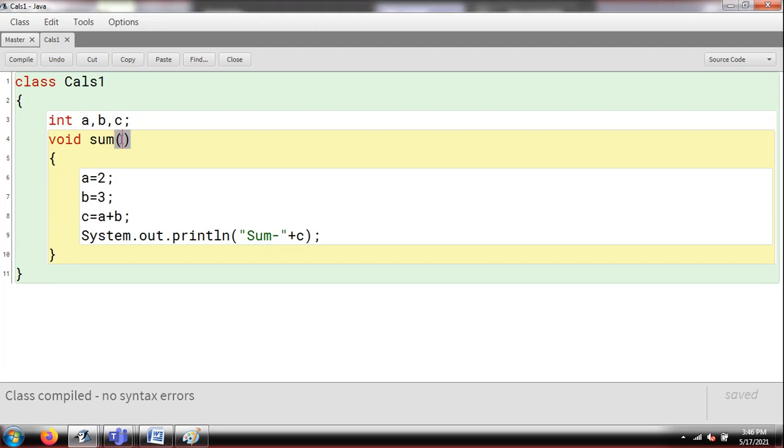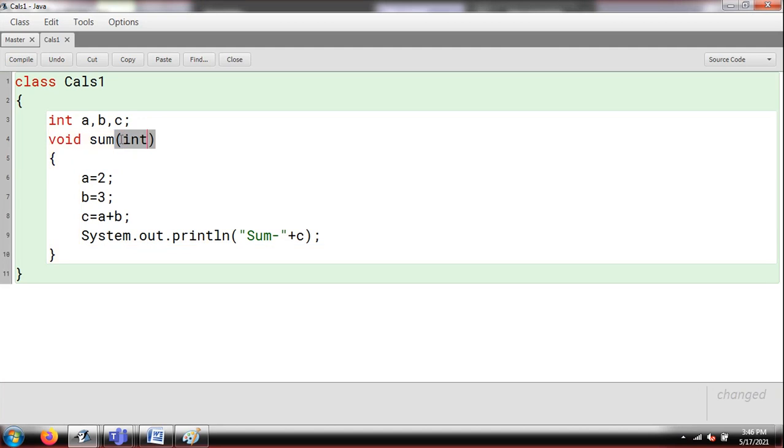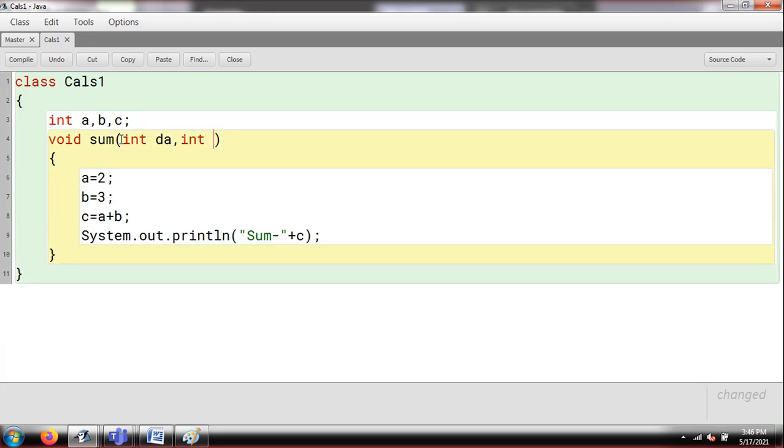Like we have already discussed, we have different types of functions, so all the different types of functions can be applied here. If you want to give the values, you can use any dummy name. I'm using dummy of A, and you can use any name, but I'm trying to be a little more logical so that you will be able to understand. So DA and DB I have written, that is the dummy name.